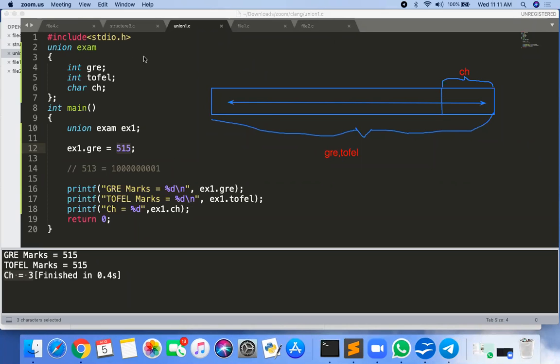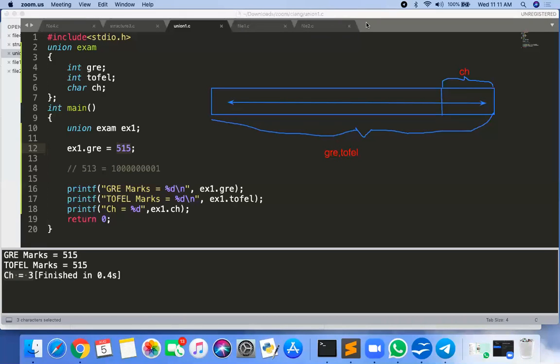Sir, I have a doubt here. Sir, int GRE and int TOEFL are both separate, no, sir? GRE has 4 bytes and TOEFL has 4 bytes, but the 4 bytes are the same. The same 4 bytes are used by GRE and by TOEFL.